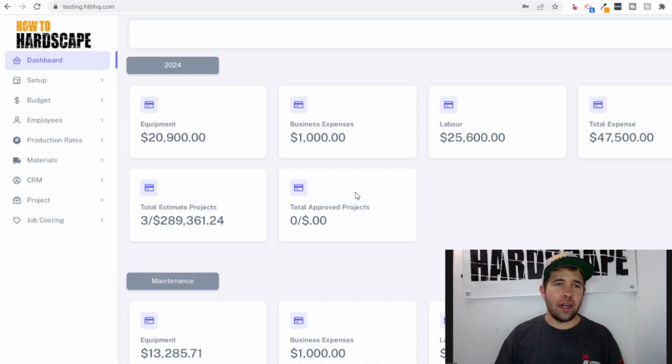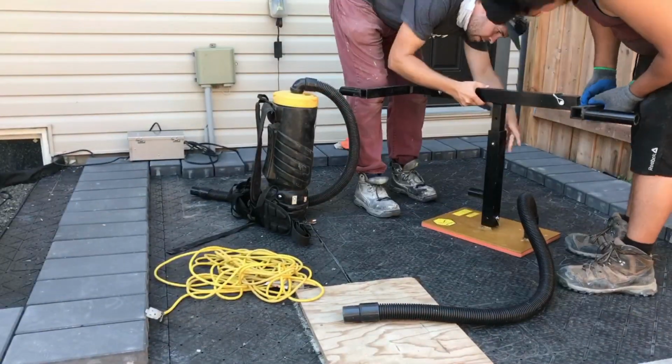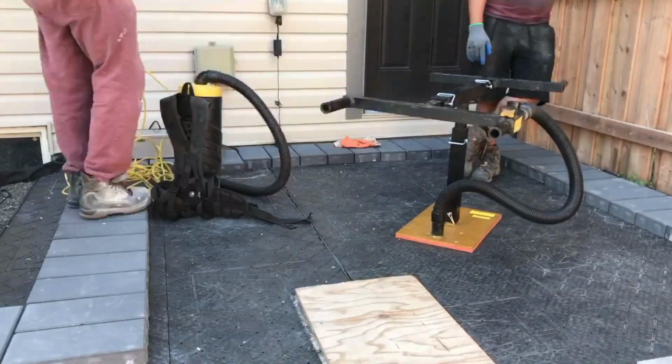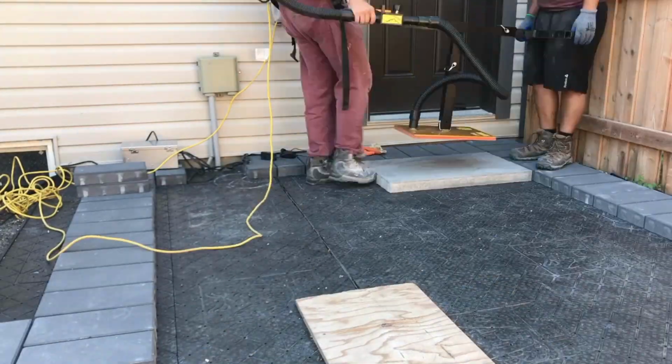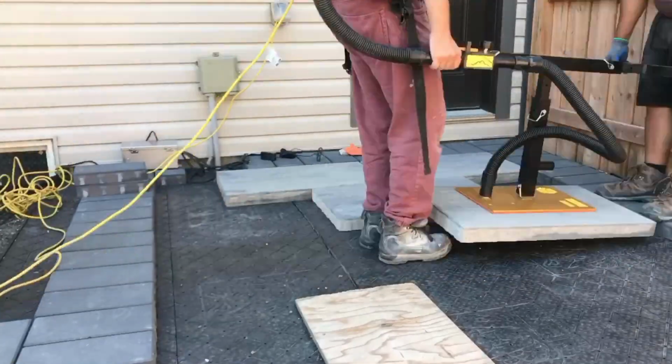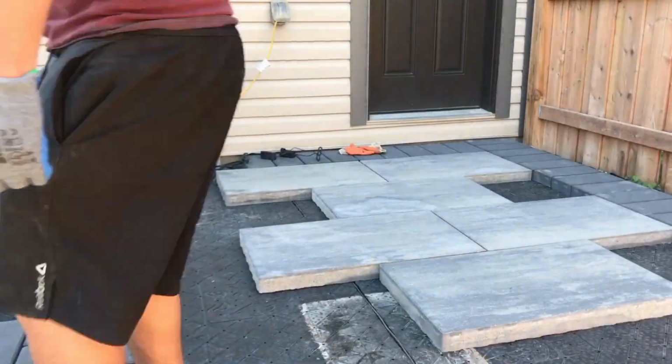This is what we're looking at right here. We've got our dashboard with all our different budgets and the stats that go along with that. These are our various expenses that we've associated for that specific budget. Now we have multiple budgets here on our dashboard, and that's because if you have more than one division in your business, you should be creating separate budgets for each of those divisions. For example, if I have a hardscape business and a maintenance division, I should be creating two separate budgets to allocate certain overhead expenses to each of them.